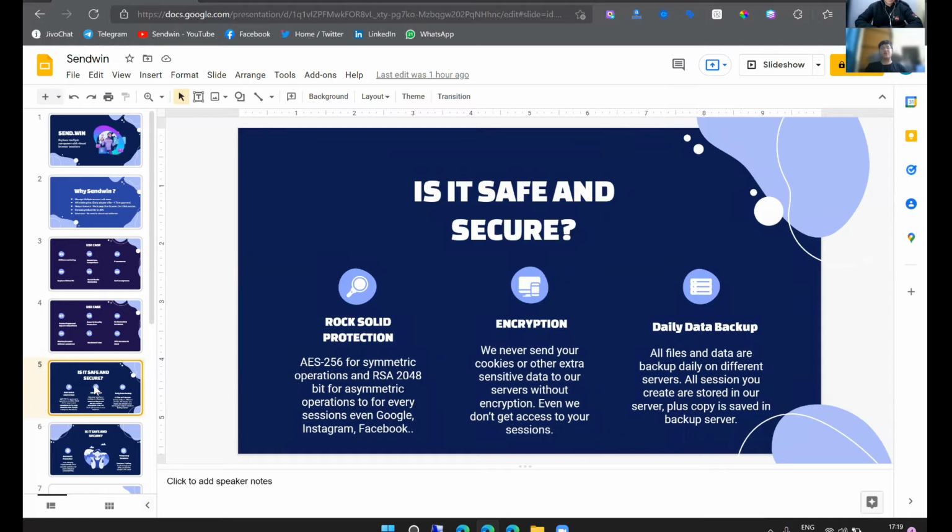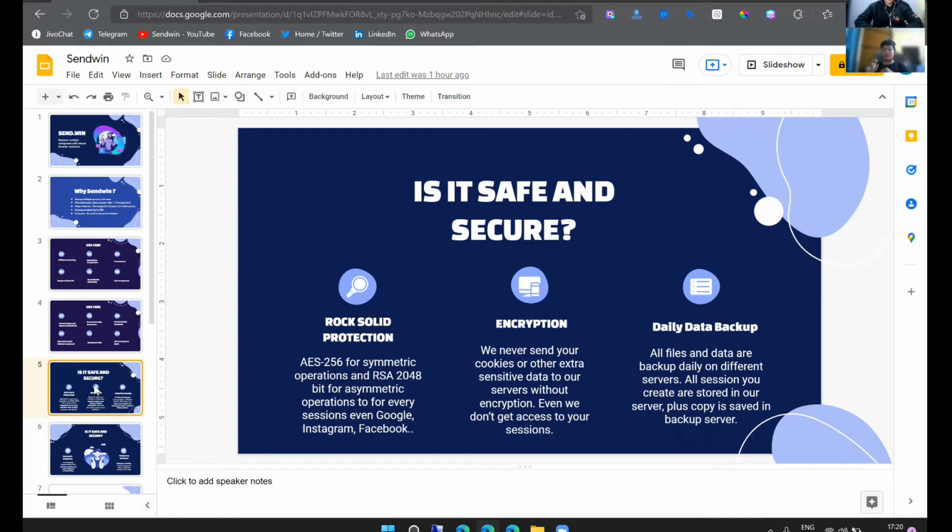So is it safe and secure? We get a lot of questions related to that. If I created a session and share it with a team, could someone be hijacking it in the middle? Or the sessions that I've created, like a very personal Facebook account, can that be accessed by you? Everyone has these questions. Very true, Roshan. Nowadays people are very much aware of the security part. Thank you for bringing that up. We get a lot of questions regarding that. So we use the same encryption method,